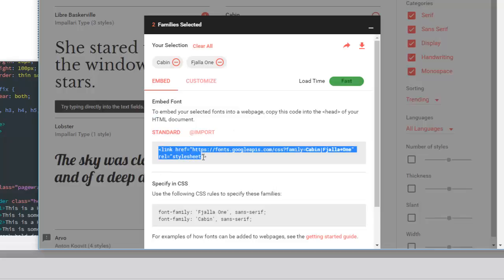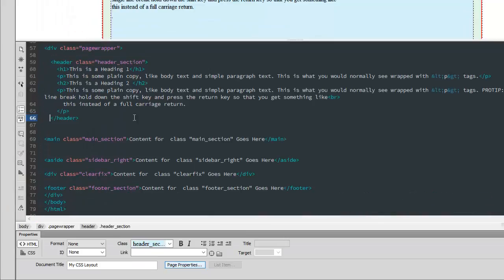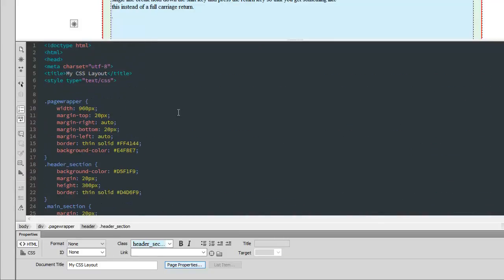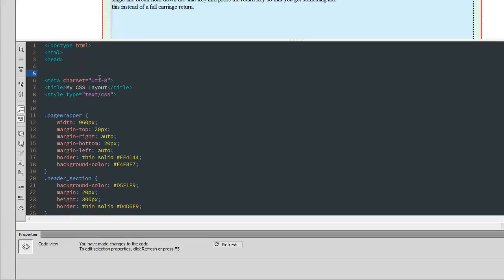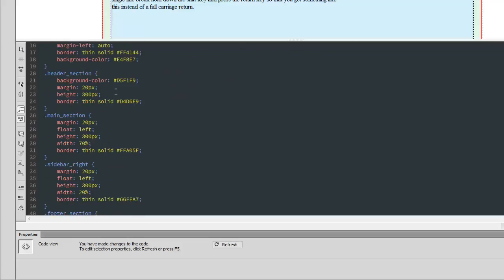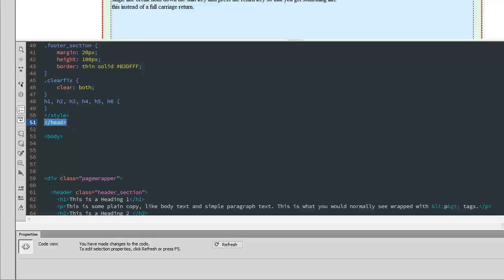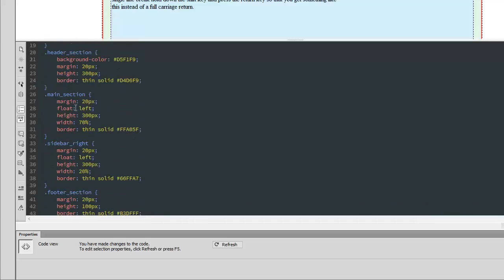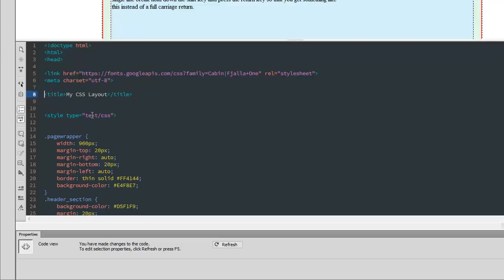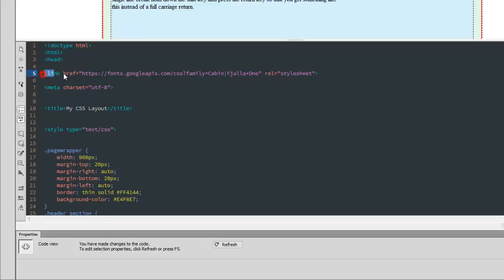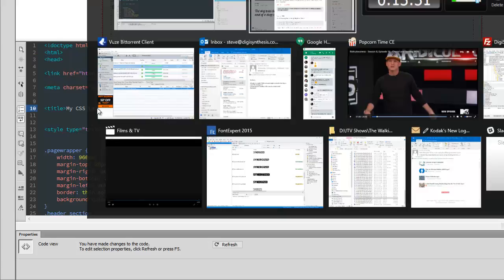Let's just grab this, copy it, return to our document, and when it says insert it into the head of your document, it means that you have to find your head tag in the code and insert it, even a bit after is fine, but ideally between the opening and closing of the head tag. Also be careful not to stick it in the middle of your style sheet, because that's going to break things for sure. So you can space these out if you need to, and you can put it right there. So step 1 is done in the head tag,